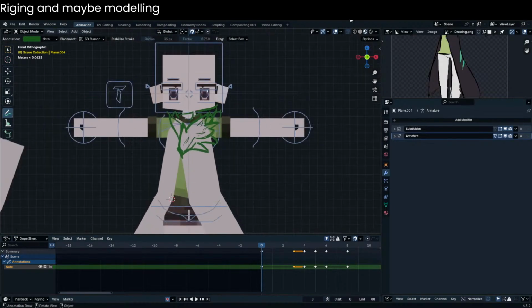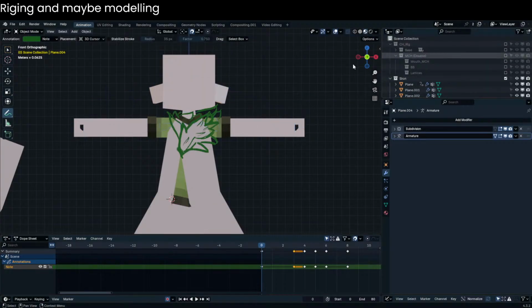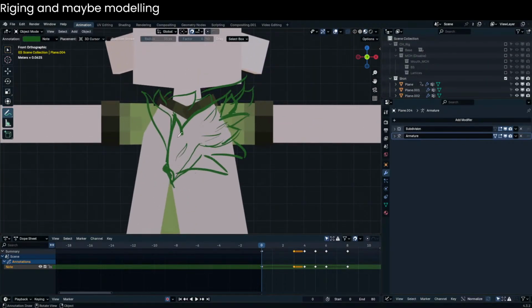We need that. In addition to that, let me go back to the outline, turn off this, right? In addition to that, oh wait, I did this pretty nice, didn't I? In addition to this, we also need the